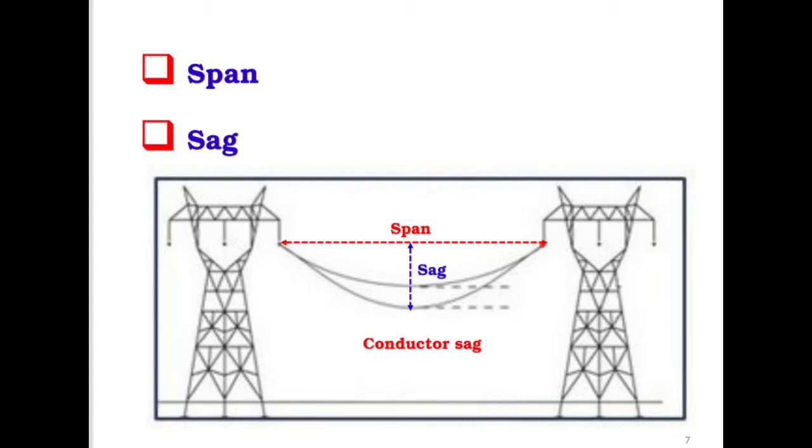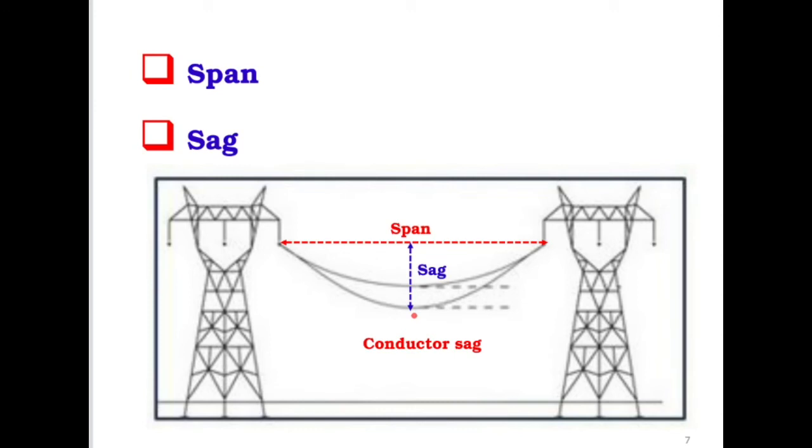So the span will be longer than the previous case. If we reduce the number of towers, as the span is increased, the sag will increase. The span and sag, they are related. If the span is increased, the sag is increased. We can try it for a very short distance. You will see that there is no sag. So they are not subjected to that much of tension. We can keep the sag low.